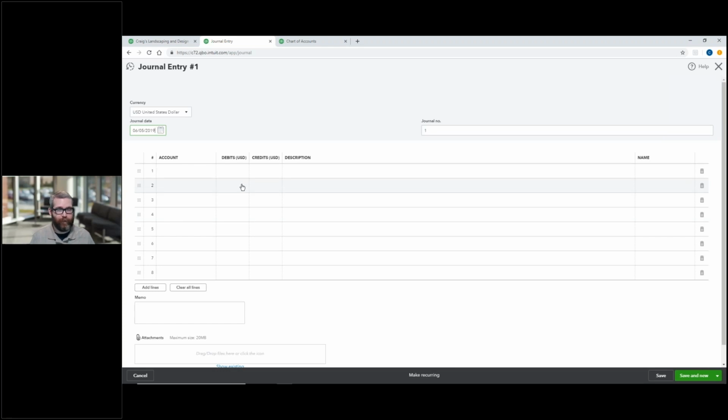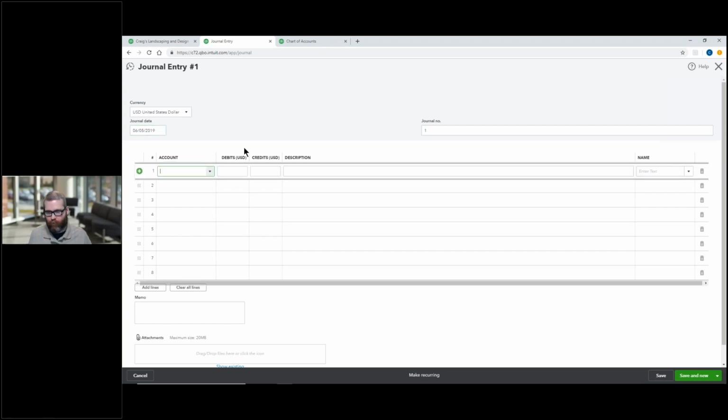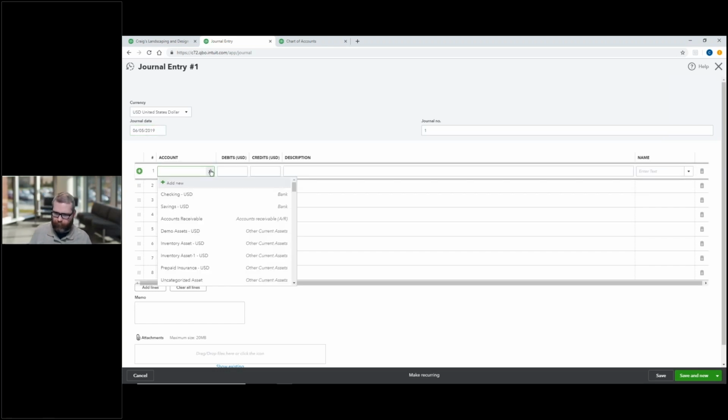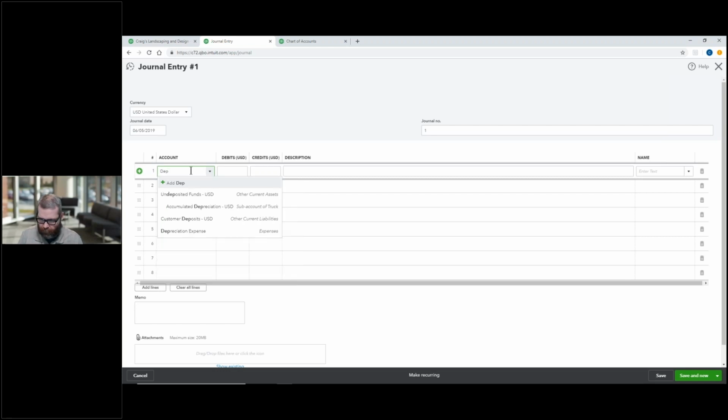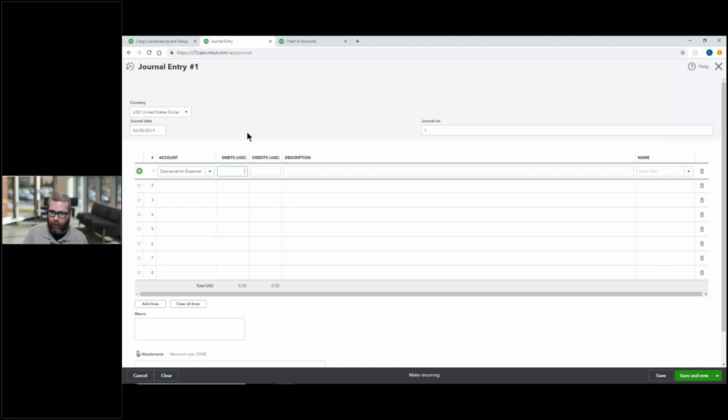Once you know the amount that needs to be depreciated every month or every year, all you have to do is enter two lines, and that's it. So the first thing, whenever you record a depreciation, is we're going to record the debit side of this. Now that's going to be through an expense account. It's going to be depreciation expense. It's an expense account. And we're going to go ahead and depreciate our fixed asset truck by $500. So here for the debits, I'll put in 500, and for the description, we'll enter monthly